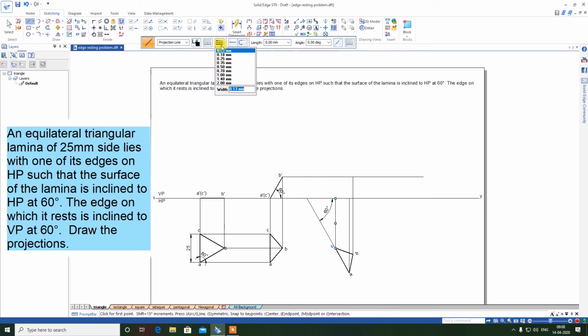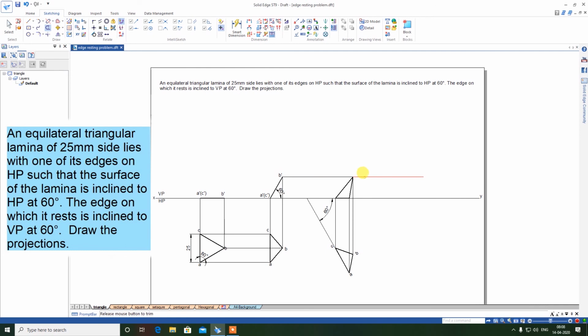Then go to line, thickness 0.5, all points. Where is A? A is here, then B, then C, then again A. My triangle. These extra lines you trim. Now all extra lines are trimmed. And then this is B dash, then this is A dash. You can use the leader to show the direction of construction. Here you can use this one, leader. Like this you can construct. It's not compulsory.